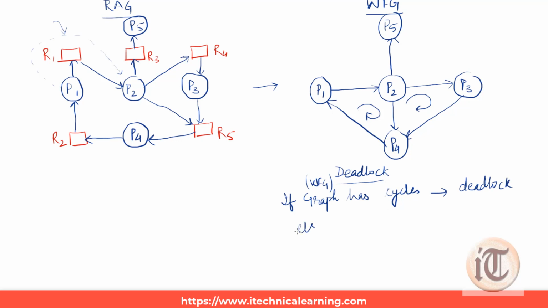Else, no deadlock. If our graph contains no cycle, then our system is in a safe state and there is no probability of deadlock. This is our first deadlock detection technique, used in the case of a single instance of each resource type. In the next lecture we will discuss the next technique, used to find deadlocks in the case of several instances of a resource type, where we use an algorithm called the deadlock detection algorithm.